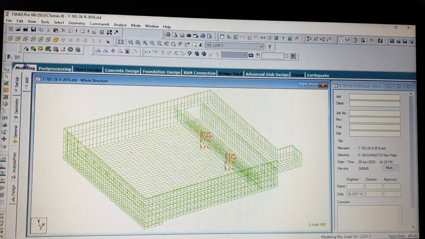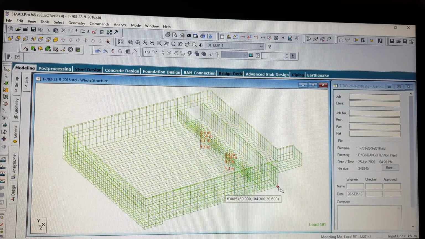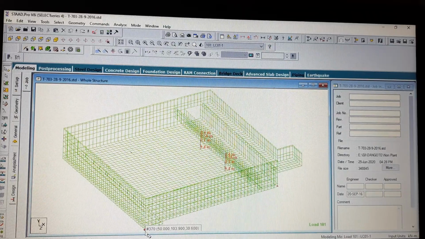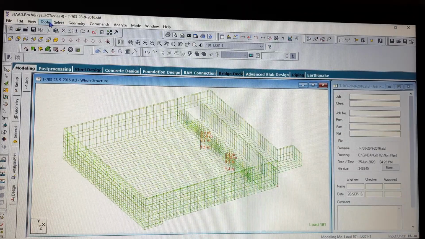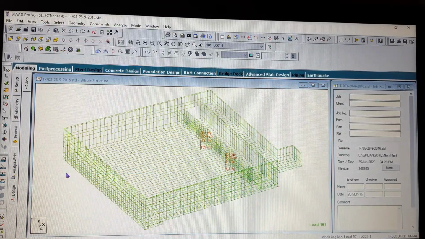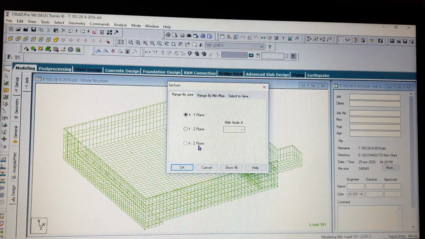What I have to do: say this is my node 30, this is say C, this is 3085, and the bottom node over here is 370. So if you go to the tool section and click on cut section, this whole bottom portion lies on the XZ plane.